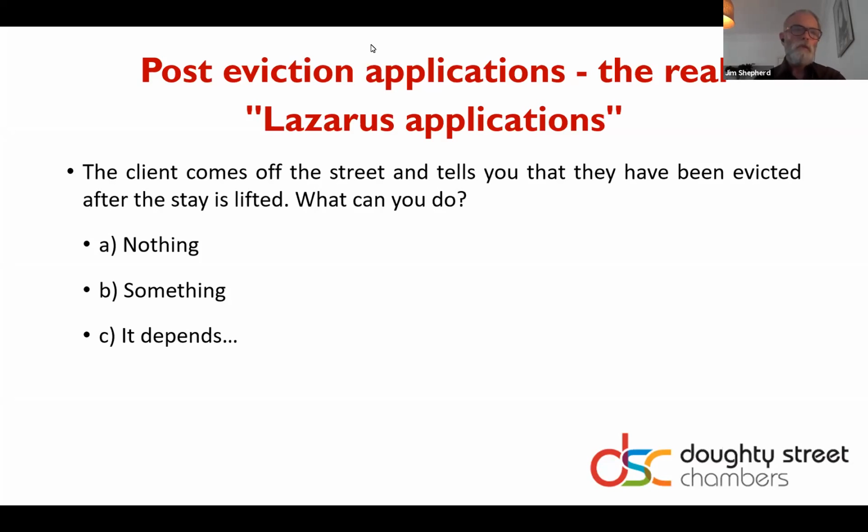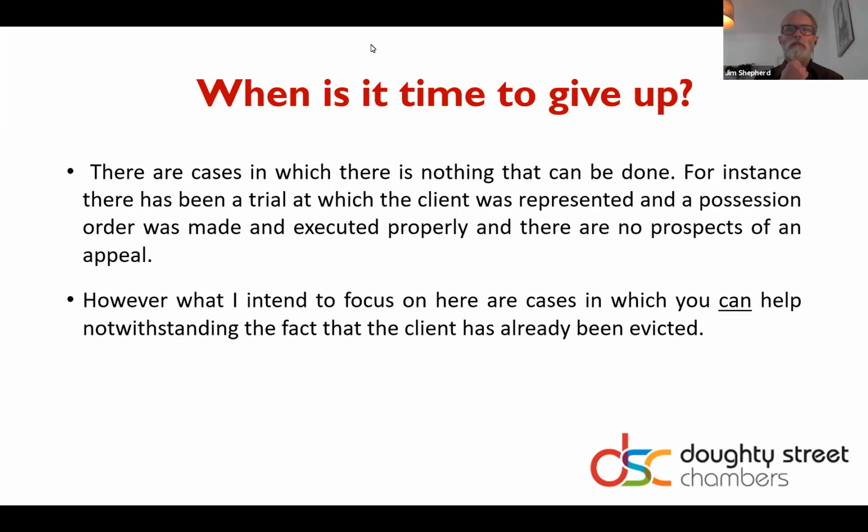So what can you do? Well, there's various things you can do. One is nothing. One is something, and it really depends. That's the point. You need to look at the facts of the case. There are cases in which nothing can be done. If somebody's had a trial at which the client was represented, an order's been made, and it's been properly executed, there's no prospect of appeal, you might just have to say there's nothing I can do. Or at least, if they've paid the rent up, for instance, you may be able to rely on the goodwill of the landlord, particularly if it's a charity, a charitable housing trust, and say,